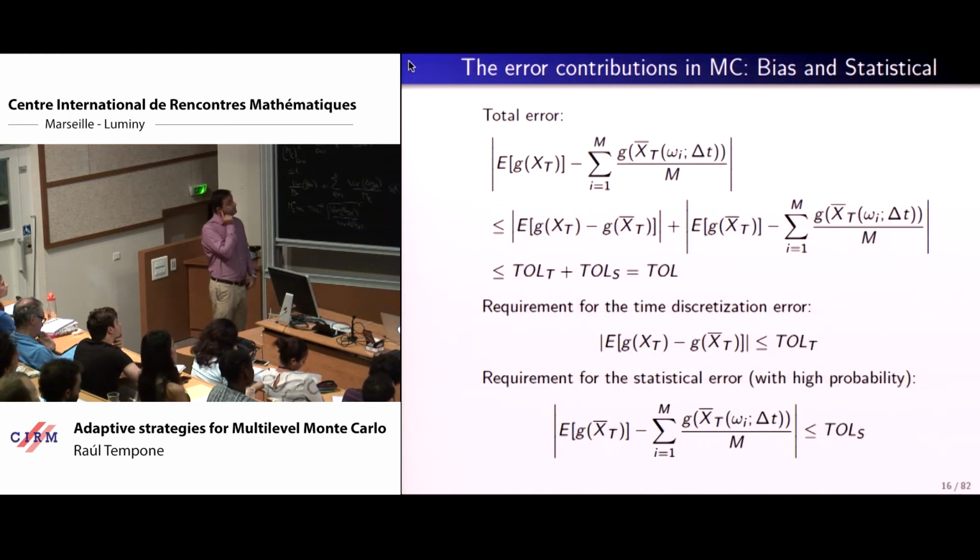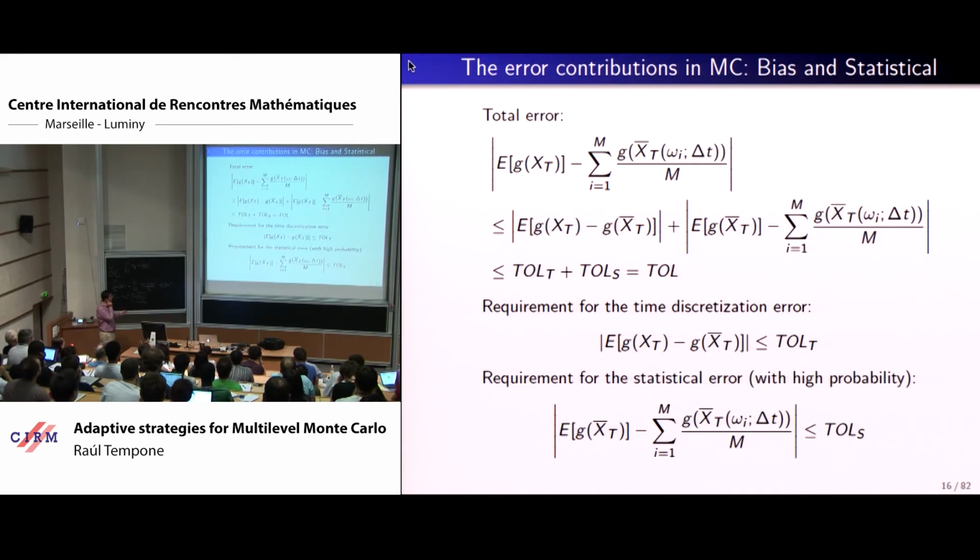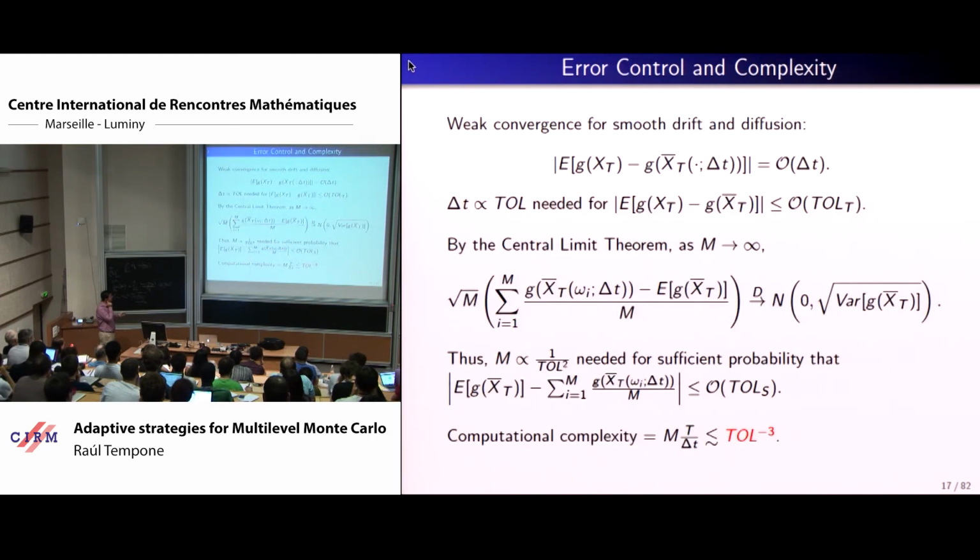Okay, so as we discussed before, this can be split into tolerance for time discretization and tolerance for statistical error. And this is a particular case of what we discussed before. The cost per sample here is essentially proportional to the number of time steps. The number of time steps essentially is proportional to 1 over tol, that is coming from the weak convergence rate 1 of Euler, which is the same as Euler-Maruyama in this setting. And this brings us to the complexity tol to the -3 for Monte Carlo. Okay?